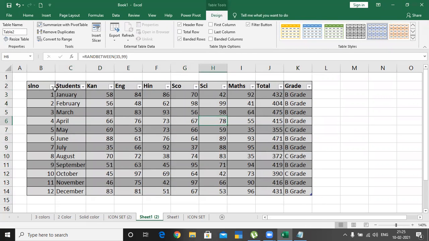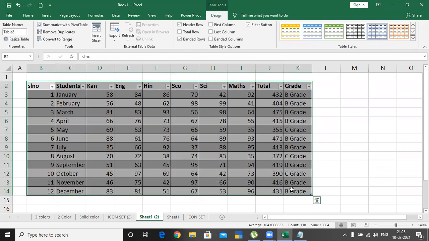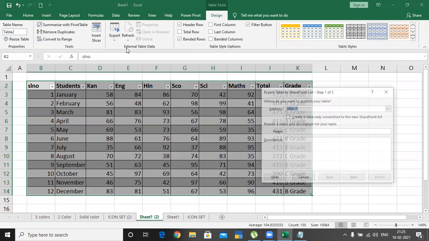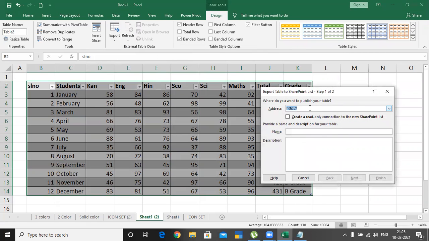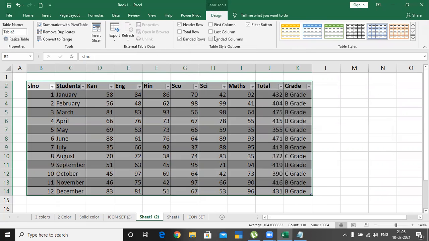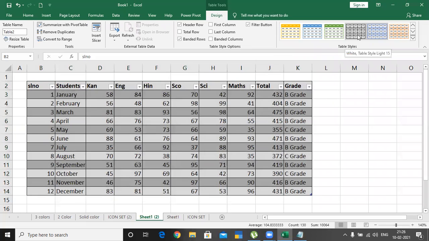Now using this area, am I able to export the data? See here, export table to SharePoint, but you need to have some external SharePoint. So you can export this data into some other SharePoint application. This is one advantage of using format as table.